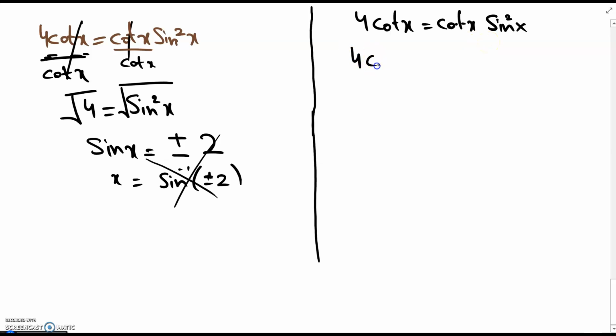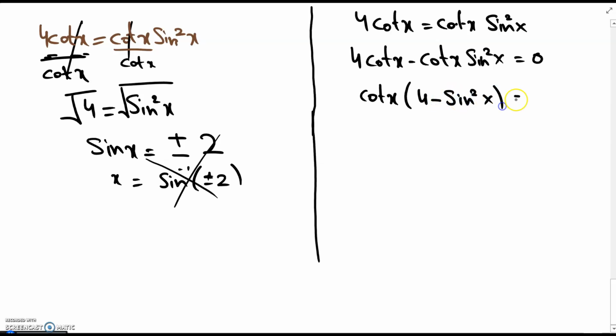It's going to be 4 cot x minus cot x sine squared x equals 0. Okay, now cot x is a common factor. You have cot x and you're left with 4 minus sine squared x equals 0, so cot x equals 0